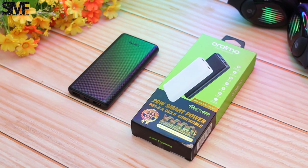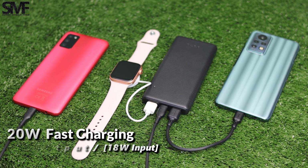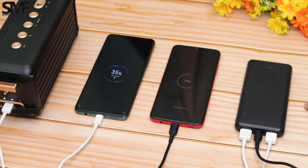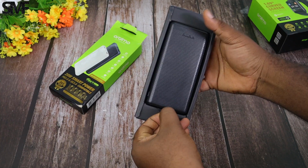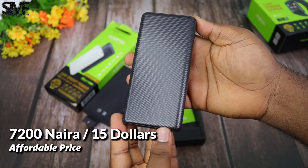Finally, Oraimo now has a long-lasting multi-charge 10,000 mAh power bank that has support for 20-watt fast charging. The new Oraimo PD Pro power bank is a must-have for everyone because you get to charge your devices faster, which gives you more time to be productive. You can get it at an affordable price of 7,200 Naira or $15 at the Oraimo website,